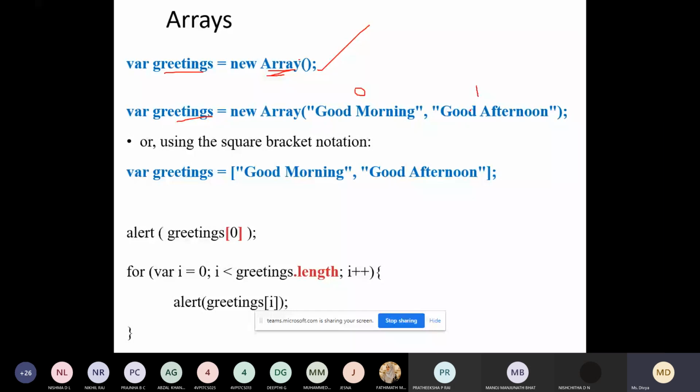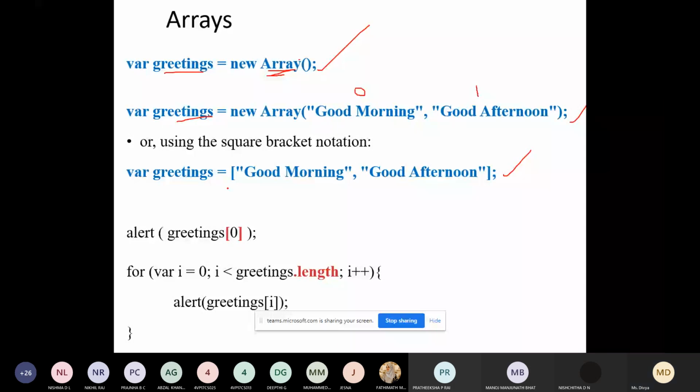There is one more way of declaring the array with values, using square brackets. This is an empty array. These are two ways of initializing the array. Here we are not using the new keyword.